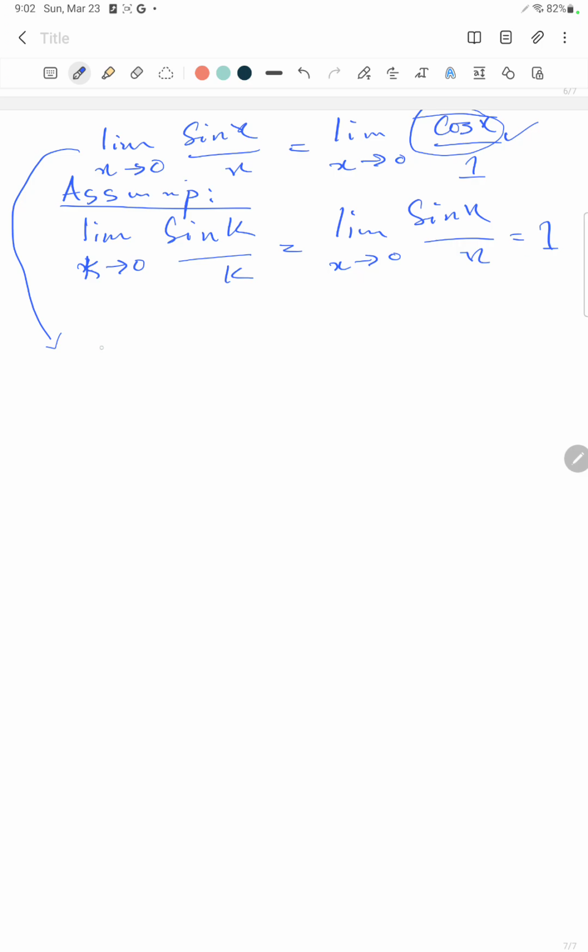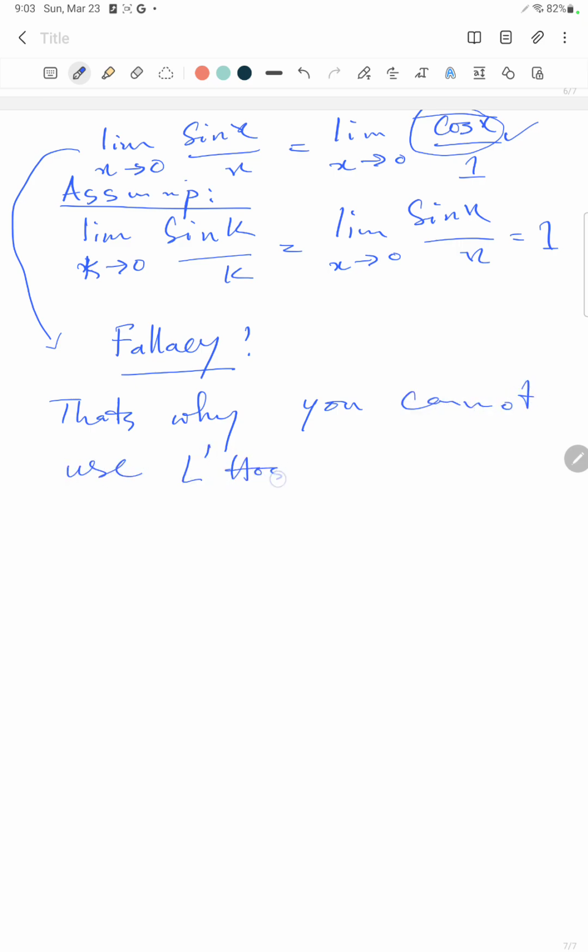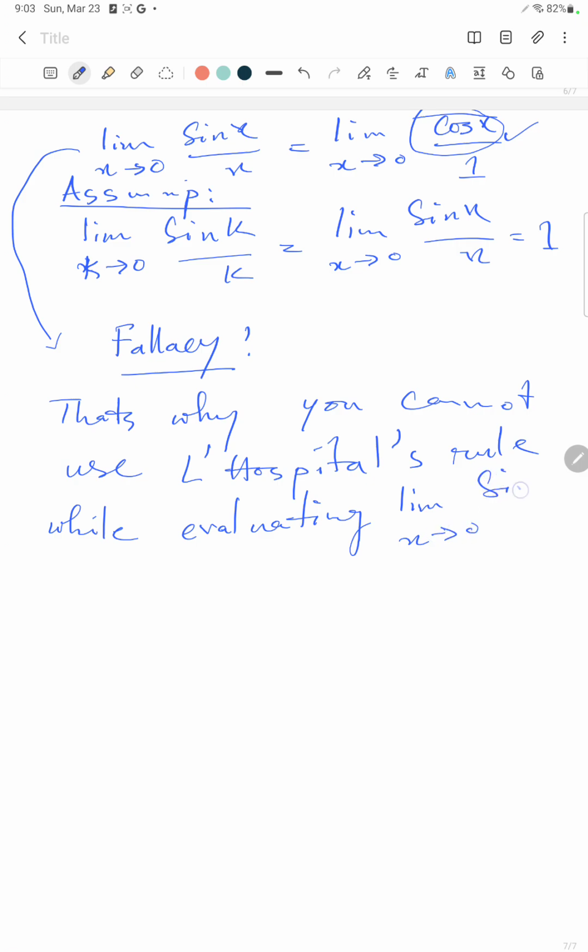So this actually leads to a fallacy. That's why you cannot use L'Hopital's rule while evaluating this standard limit, x tends to 0 of sin x by x. Okay, I hope that this